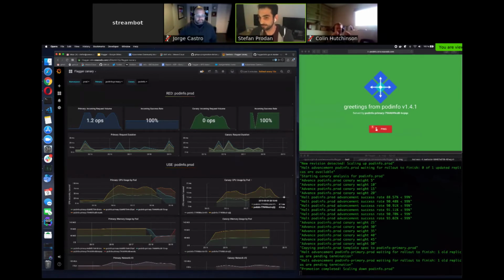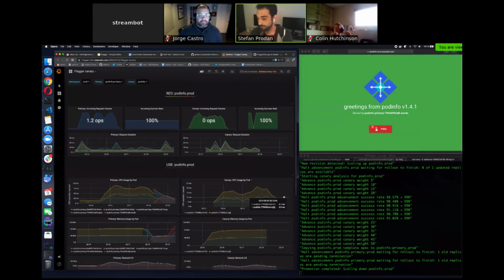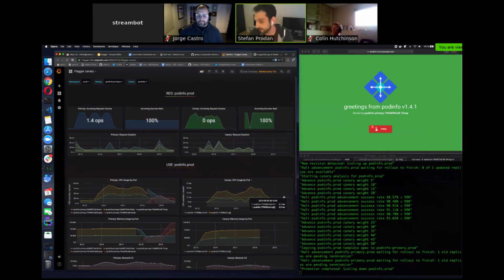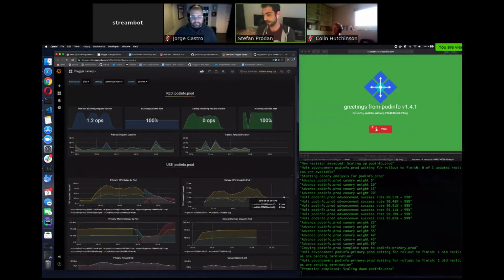Now, the problem you'll probably notice is that my screen has flickered, right? So I was jumping between versions. Normally, you don't want that for a front-end app. So that's why Flagger also supports A/B testing. So you can say only users with a particular header or a particular cookie will be routed to the canary deployment. And that will ensure, let's say, a session affinity, so your users don't have to switch from one version to another. But for backend services, routing based on weight makes perfect sense, for a stateless app or a web API.